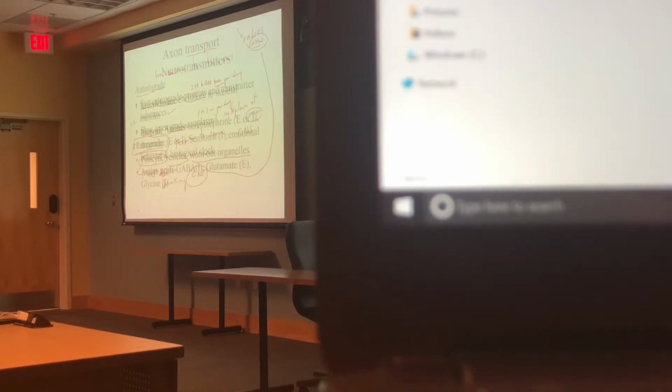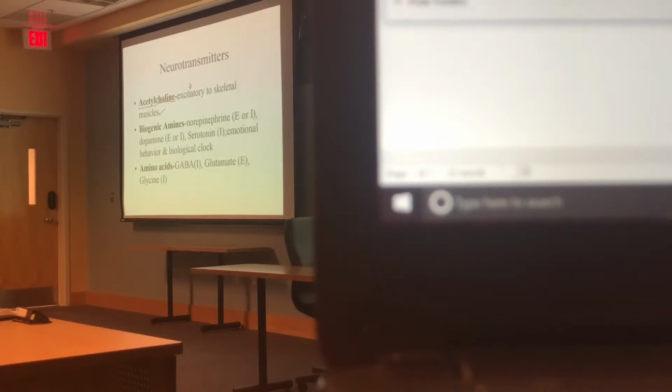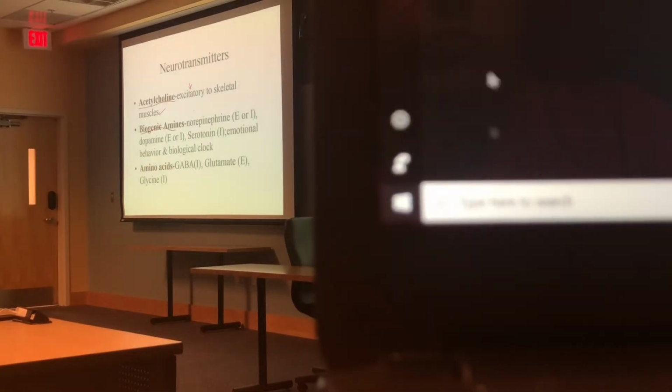Now, neurotransmitters. You have several types of them, and I'll just give you some examples. You have acetylcholine. That's considered an excitatory neurotransmitter. It's a neurotransmitter where you have a transmitter going from a neuron to a skeletal muscle or muscle fiber, right? Then you have these so-called biogenic amines, which include